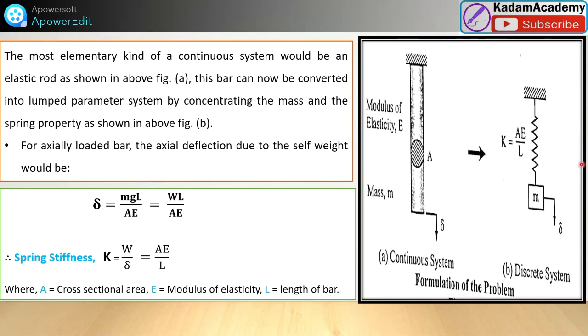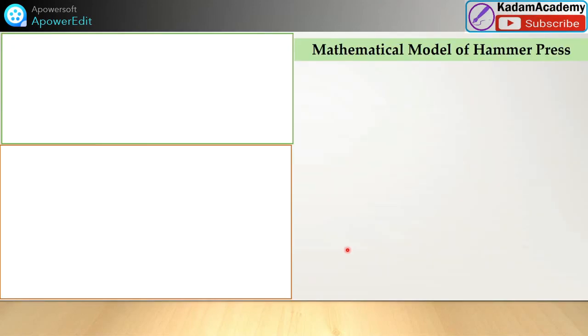How to find this K? We can find it as W by del. That means AE by L. Here W gets cancelled and AE by L remains. This involves the cross-sectional area, modulus of elasticity, and length of the bar, and that equation we can derive for this lump parameter system. Okay, so friends,